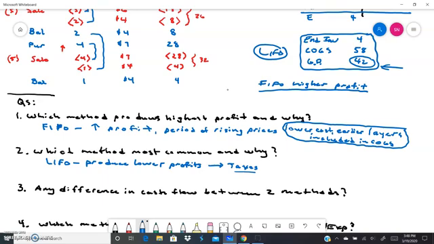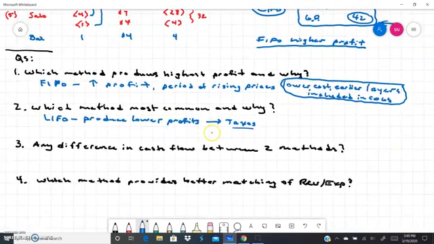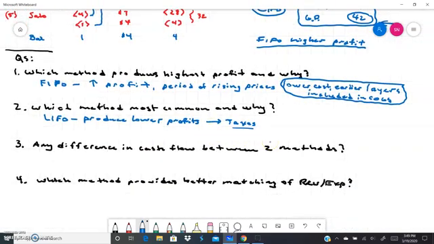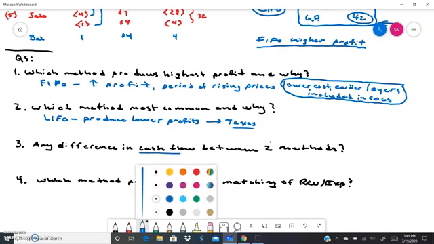Okay, so you might think, well, okay, fine, we're going to report lower profit, but that's not good. Why would I want to have lower profit? That's just going to hurt me. Well, the fact of the matter is that it really doesn't hurt you. This method is purely for accounting profitability purposes. It has nothing to do with cash flow. So if you think about it,